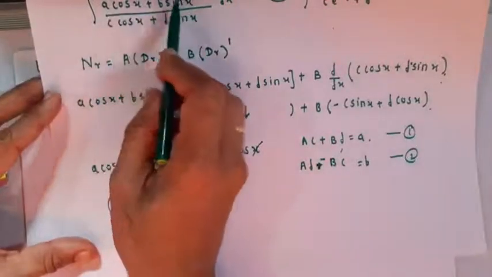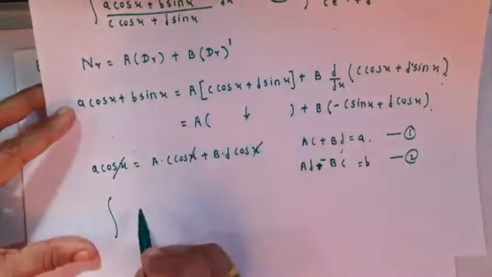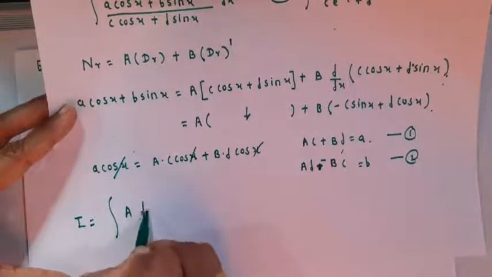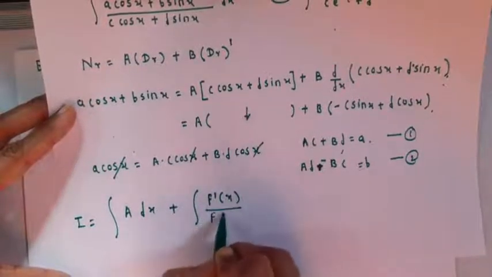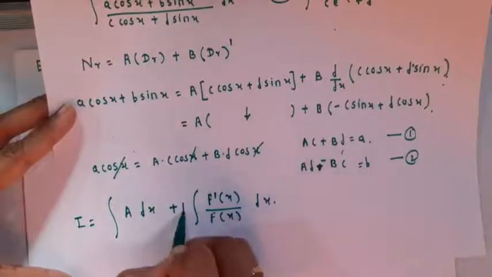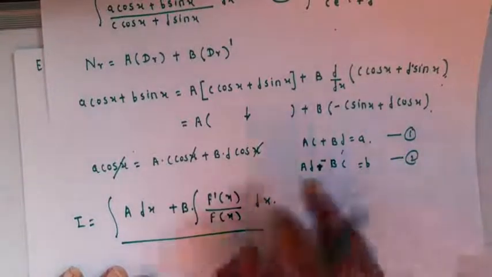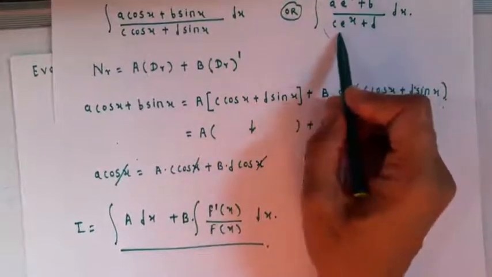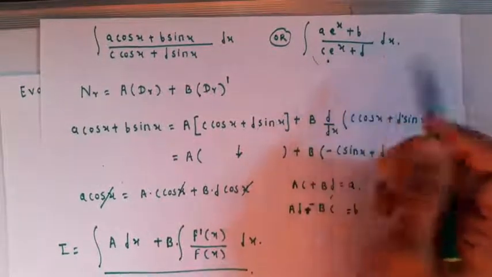but here instead of writing the numerator we have to write the equation, that is a into the denominator plus b into the derivative of the denominator. Then the integration you will get, that is a with respect to x at last, and that is f dash of x upon f of x with respect to x into the value of b, which we can easily solve. Okay, in this way we have to solve the examples. Similarly we have to solve in this case also, that is (a e raised to x plus b) upon (c e raised to x plus d). Now let us solve the example, you will understand better.